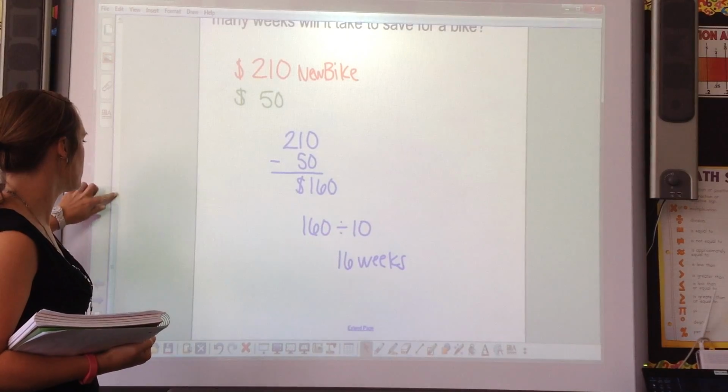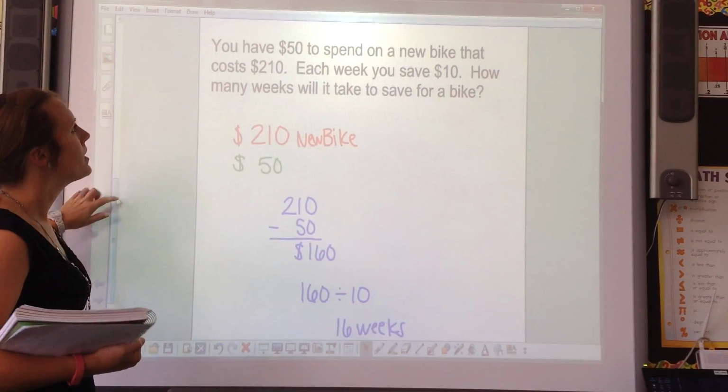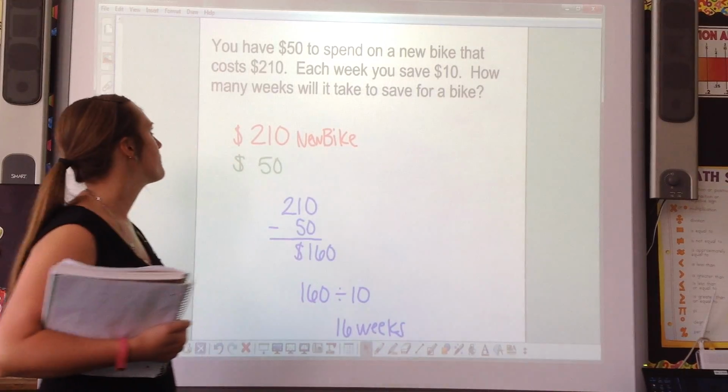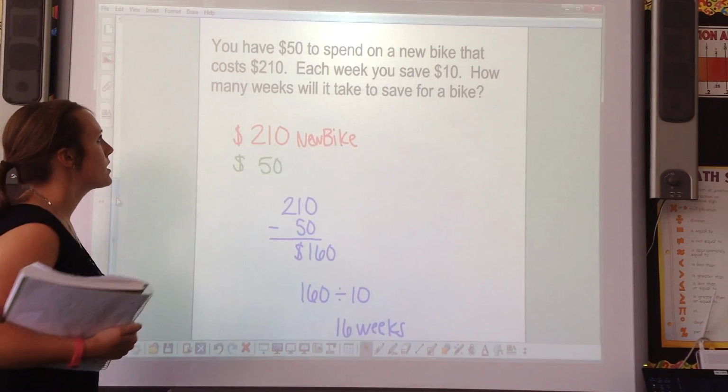problem and make sure that's what they were asking for. Maybe you're not sure what to label it, so you reread the problem as well. You have $50 to spend on a new bike that